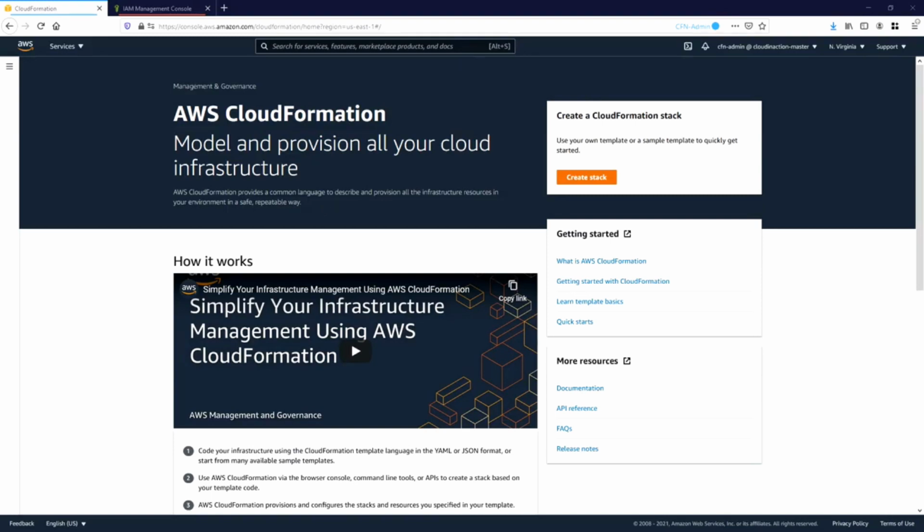CloudFormation allows you to model your infrastructure in a text file, and you can use JSON or YAML format where you can describe the AWS resources which you want to create and configure. As I mentioned, it automates the provisioning and updating of your infrastructure, and there are no manual steps or controls that can lead to errors. Also, CloudFormation is available at no additional charge. You pay only for the AWS resources provisioned by CloudFormation. So let's jump into